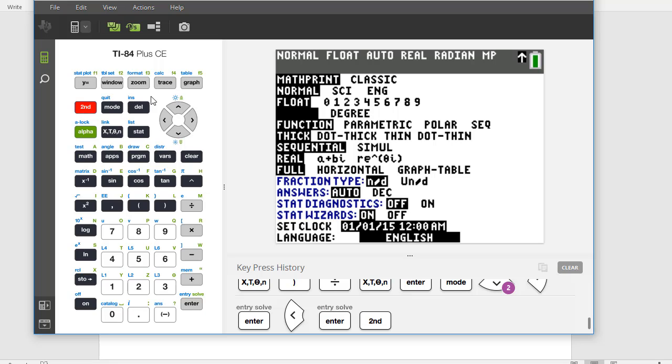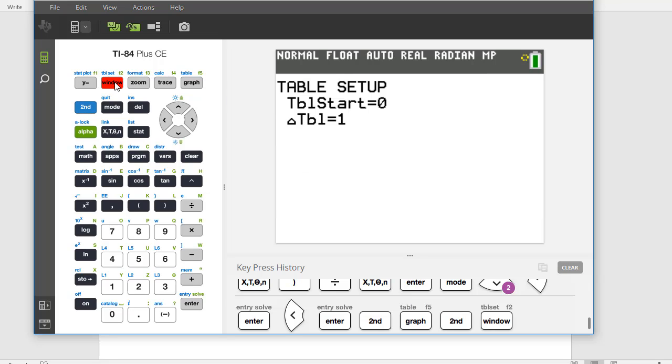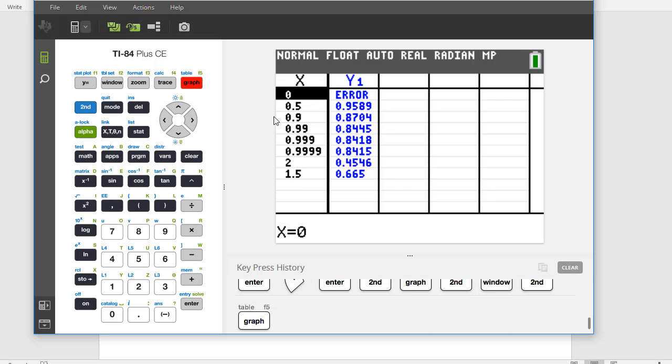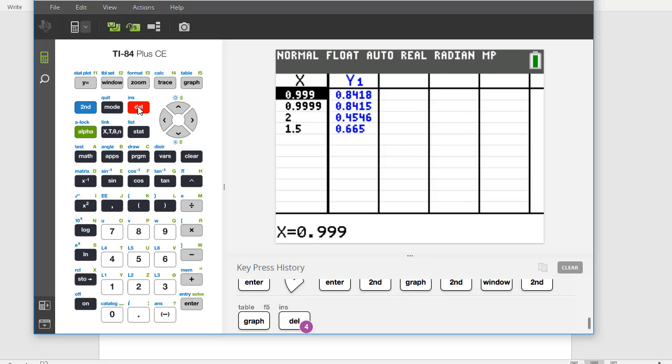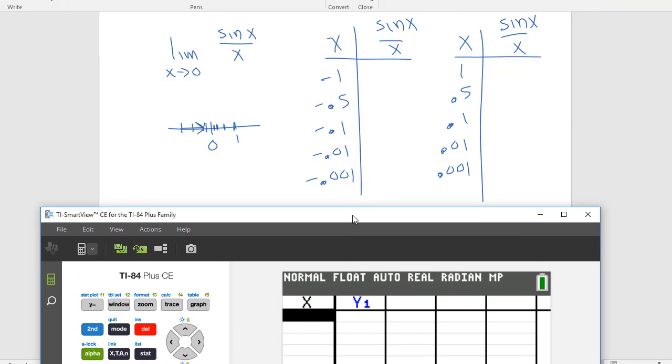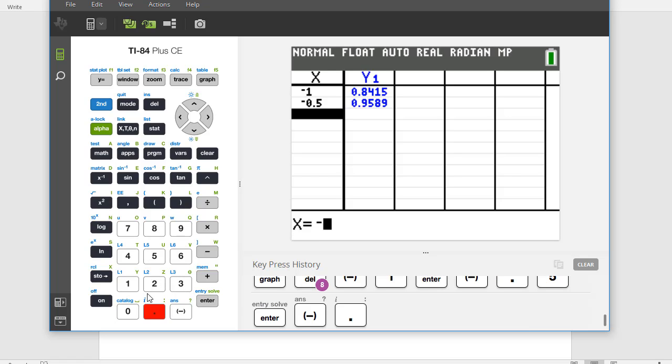Now, if I go back to the table, I already had it set up as ask, right? So keep in mind what I did is I went to second window to the table set, and I changed auto to ask. Now, these values I don't want, so let me delete those values. So I'm approaching 0 from the left, right? So I'm going -1, -0.5, -0.1, so on and so forth. So I'm going to type -1, -0.5, -0.1,